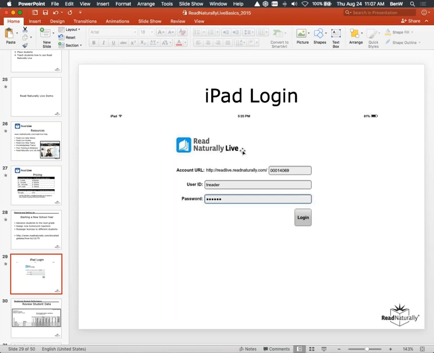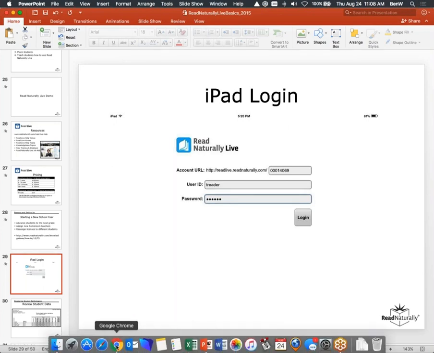So again, I'm sorry, this is an older version of that login screen, but you still will need the account ID, user ID, and password. Once the student has logged in, they continue working just as they would on Chromebooks or PCs and laptops. But I do encourage everyone that has had the iPad app from the previous year to upgrade to the new version, otherwise it won't work.